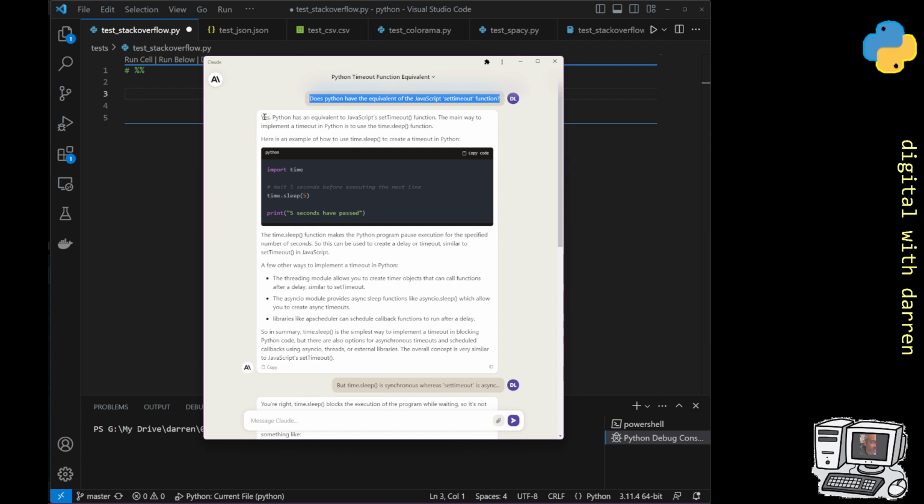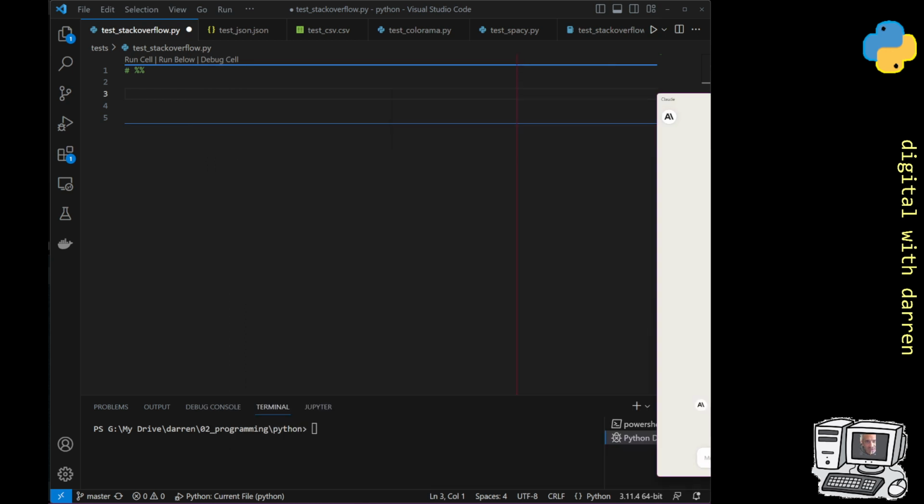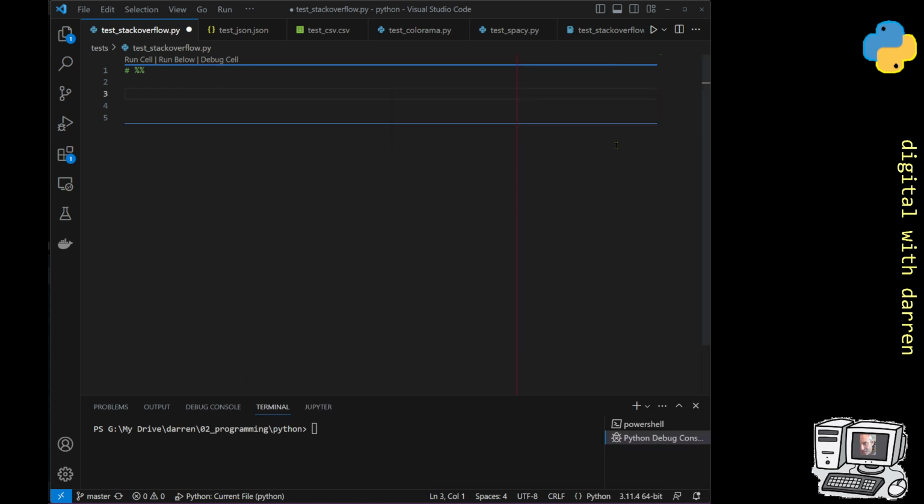And it says yes, Python has the equivalent of the set timeout function. The main way to implement the timeout function is to use a time.sleep. Right, and I take aversion to that because that's not going to be correct. It does actually mention later on the correct way, but we can do the import time module in Python, and then we can do something like